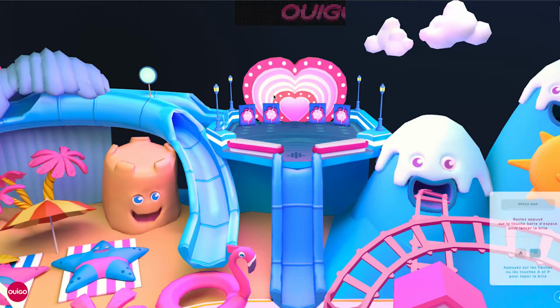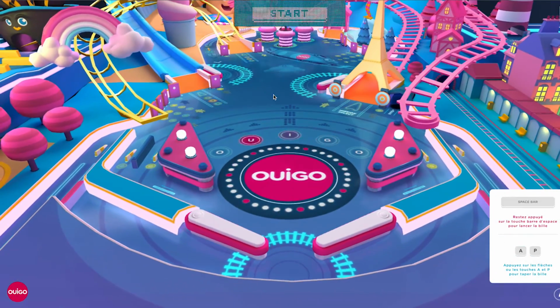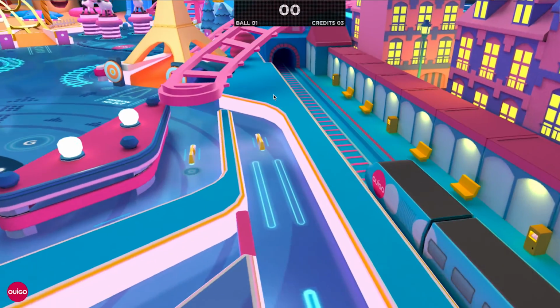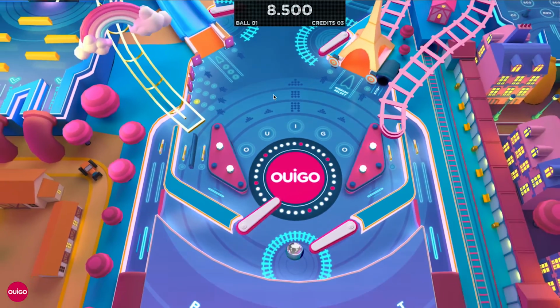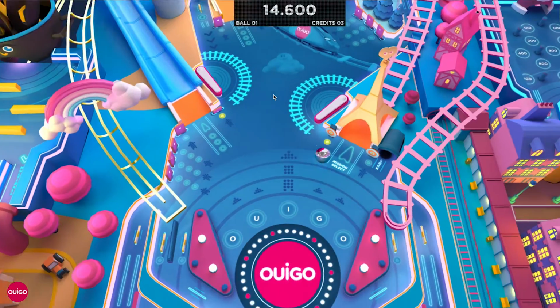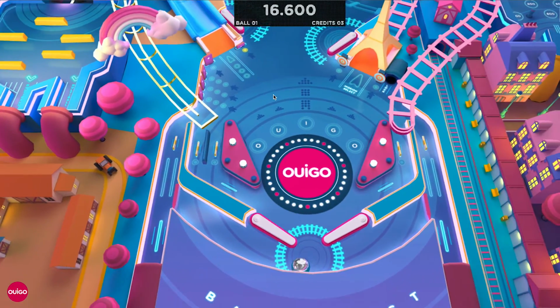You can already see, look at these camera angles. It's zooming. It looks like a console game, honestly. Okay, here I am. We're going to launch the ball here. The colors and the models are looking great, like playful and fun. I'm keeping my ball in action here. And I just lost it. That's okay though. This is a great example of exactly what I'm talking about that you can create with that